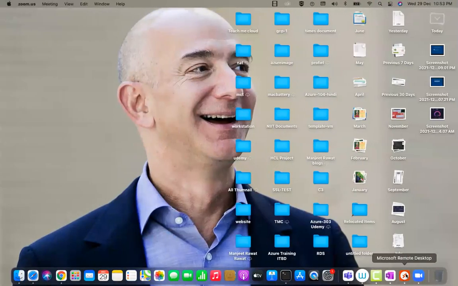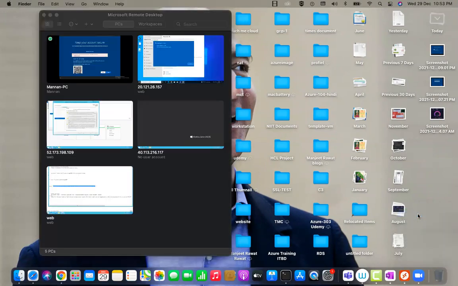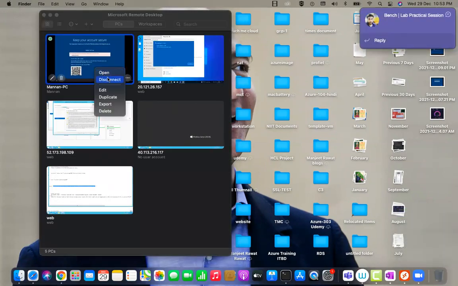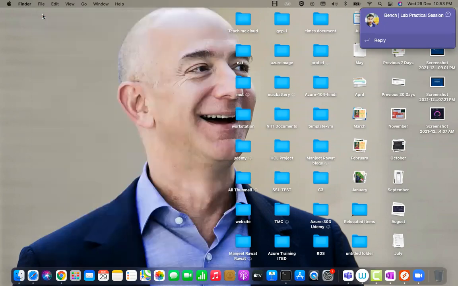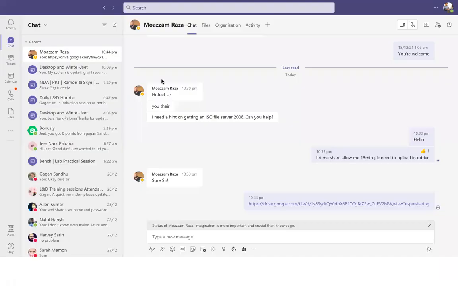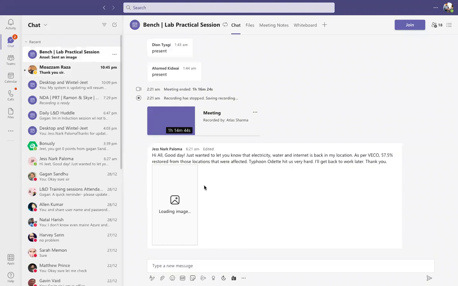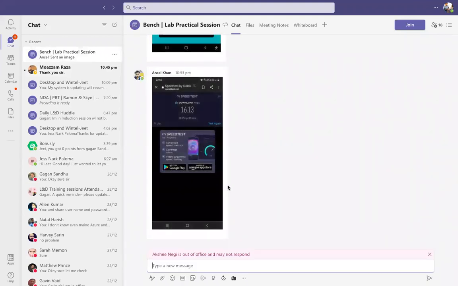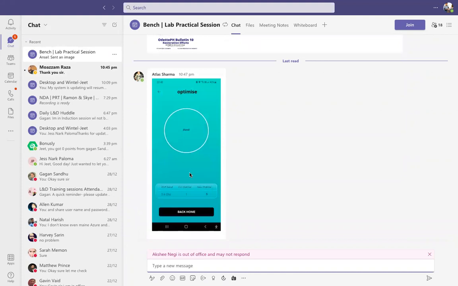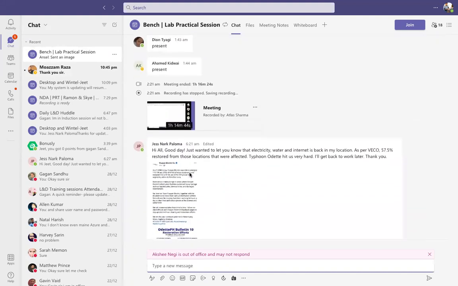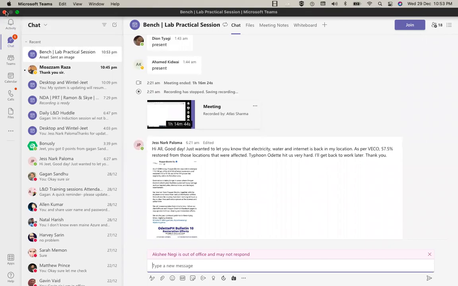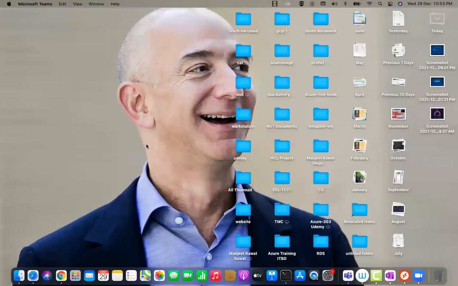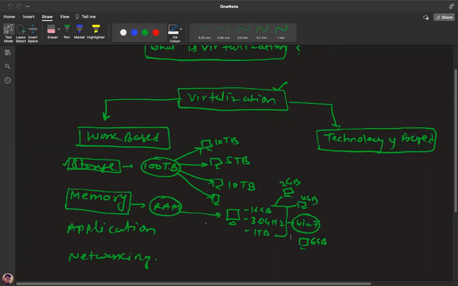You have a total of 16 GB RAM, and you want to use it with multiple virtual machines. So virtualization can help you to divide your RAM among multiple virtual machines. Clear? Yes, clear.